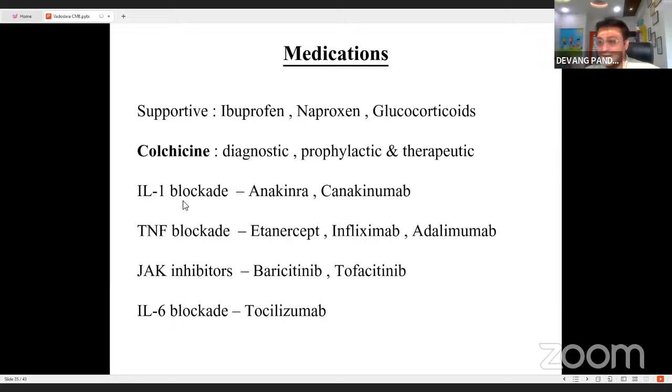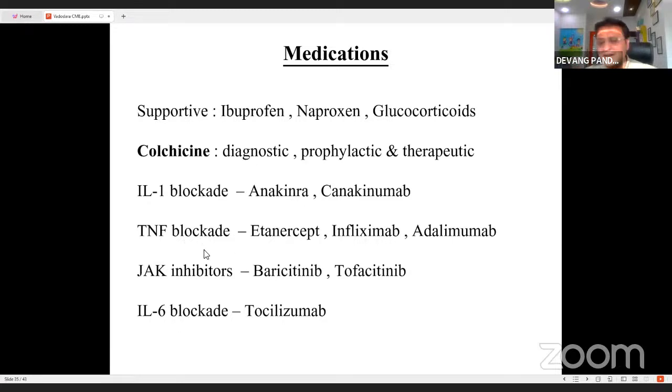And what are the medications available in India? The IL-1 blockade, because as we see, many disorders are IL-1 associated, which will respond to IL-1 blockade like anakinra and canakinumab, which are officially not available in India. But for some of the patients, we are able to get this medication from Middle East countries or from Western countries, if at all it is required, and if the role is to prevent damage.